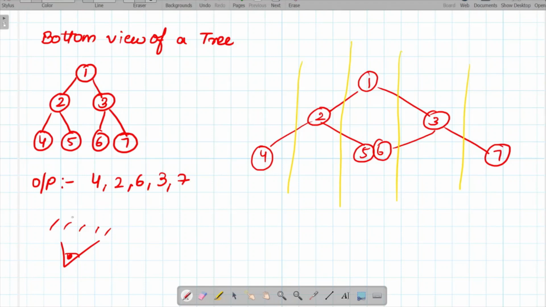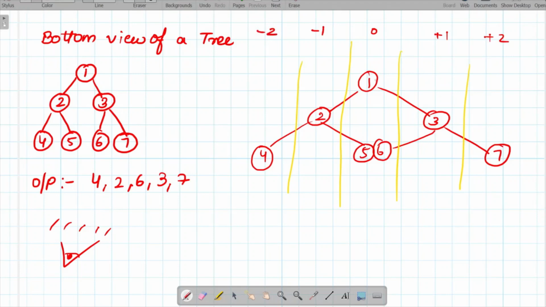In order to understand this problem more clearly, I have created the same tree in this way, so that we are going to see each level in detail, or each node of a particular position. As we have already seen, we have the positions marked in this way.